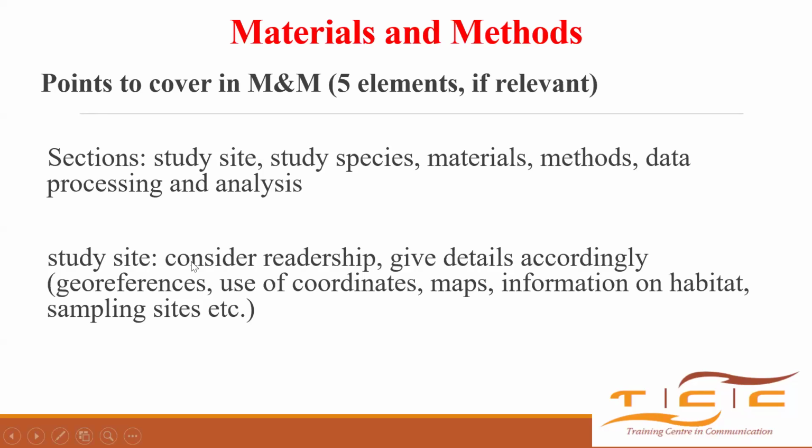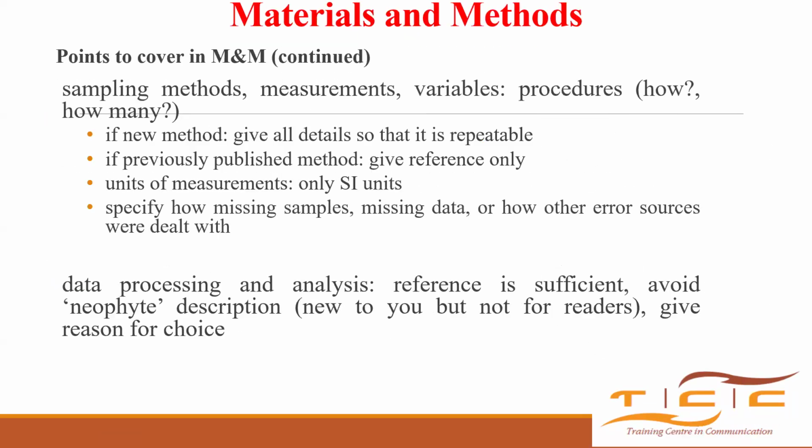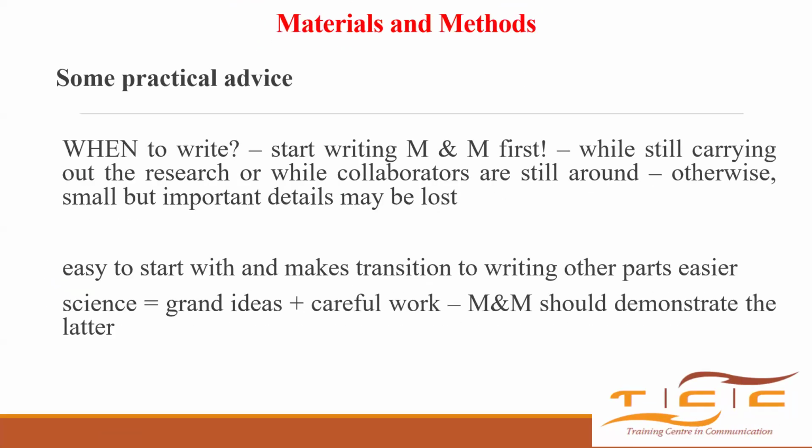Now, when you are doing some of this data collection, especially in the natural sciences, maybe you are doing sampling in a lake or in a river or in a forest, for example, then sometimes they also want you to give details on georeferences, the coordinates, give a map, or sampling size, and justify why those sampling sizes. So just give enough details, okay? These are most of the things I've talked about.